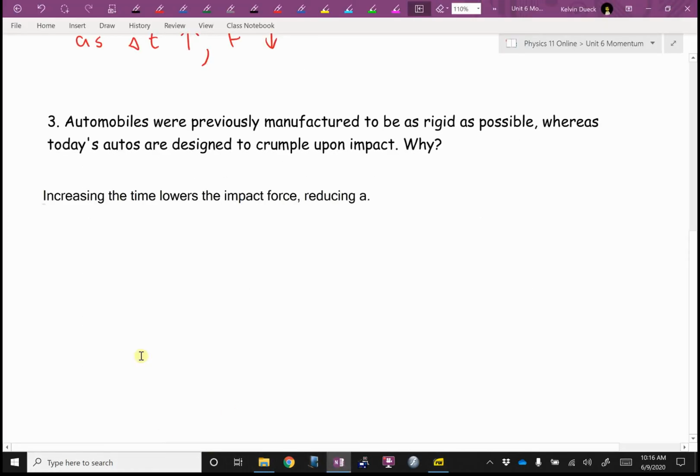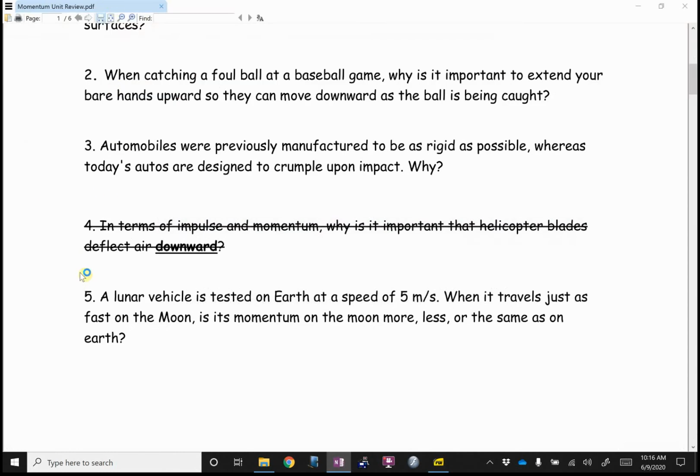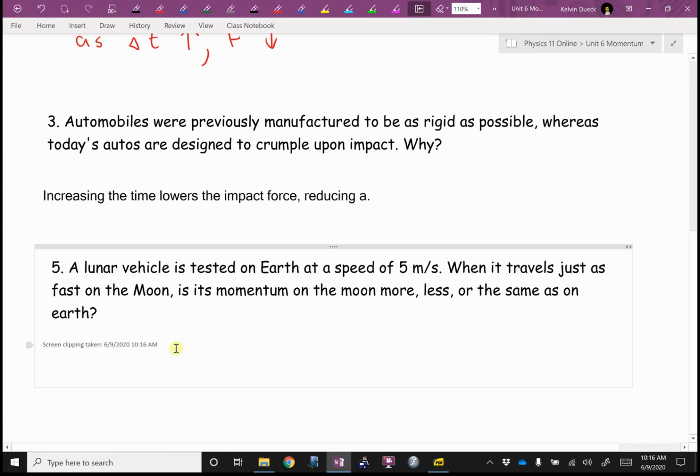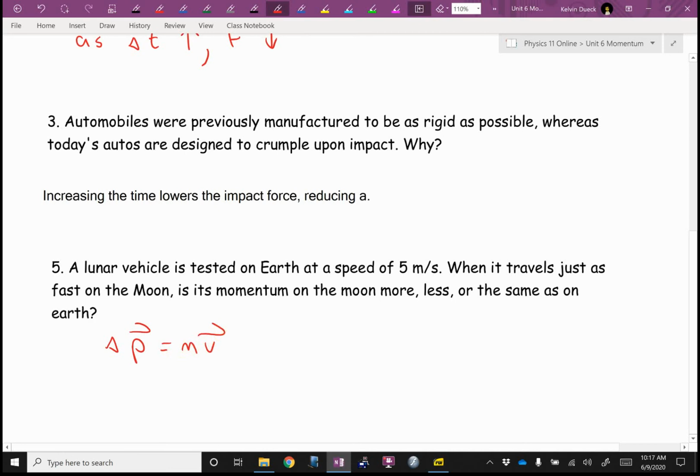Number 5. A lunar vehicle is tested on Earth at a speed of 5 meters per second. When it travels just as fast on the moon, is its momentum on the moon more, less, or the same as? Well, momentum equals mass times velocity